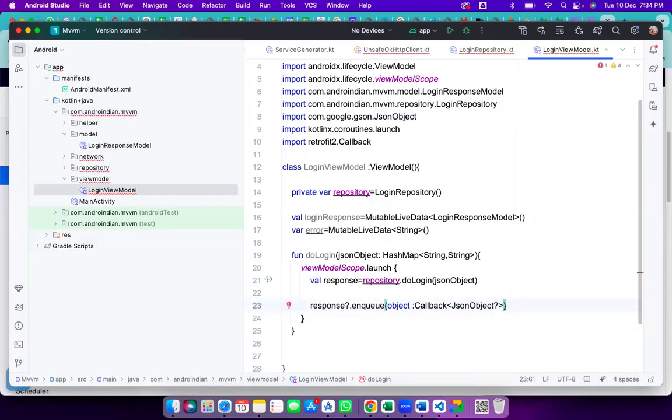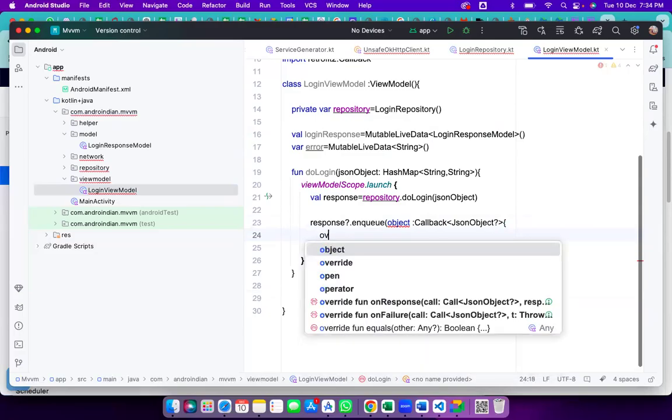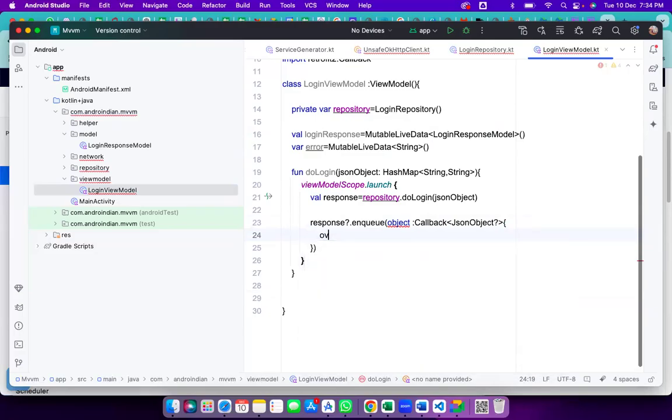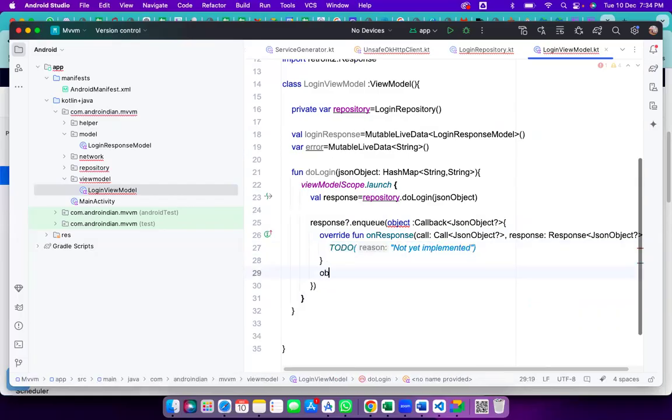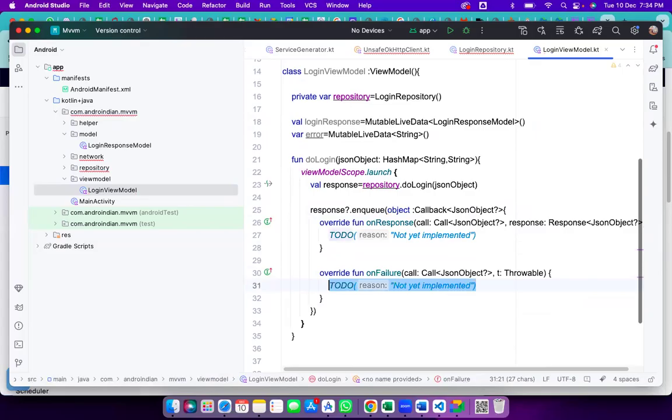Here now we have to create that method. So in this now it has two methods, right? Override on response, override on failure. So these two we have added. So now within this we have to handle here now I'll handle here